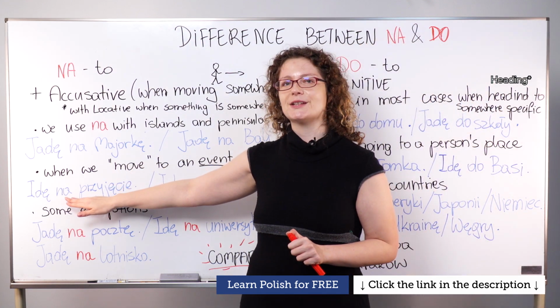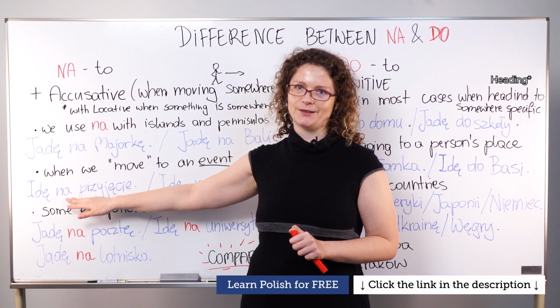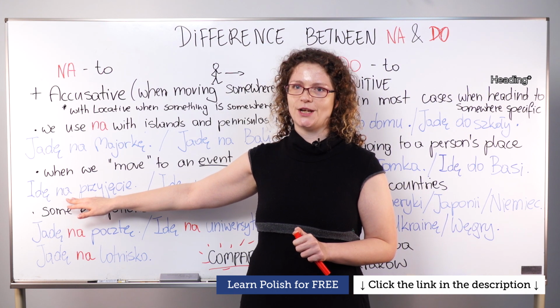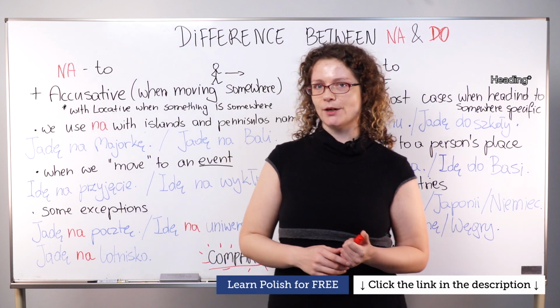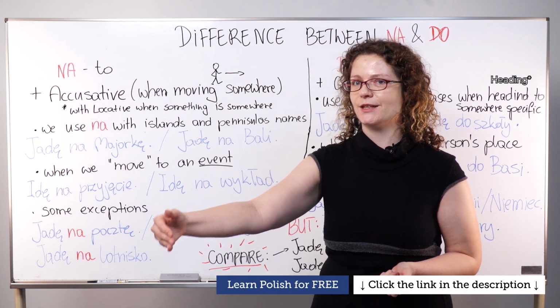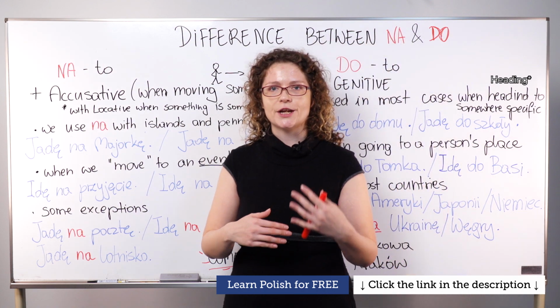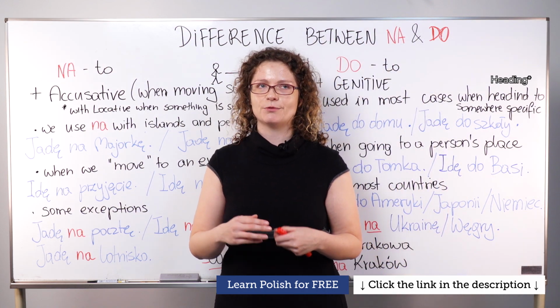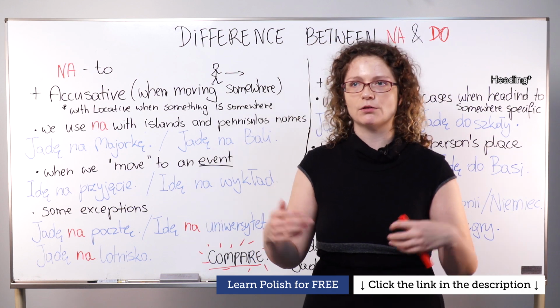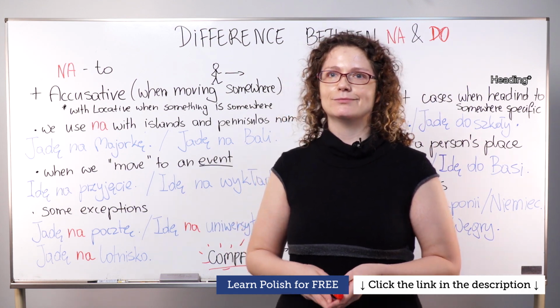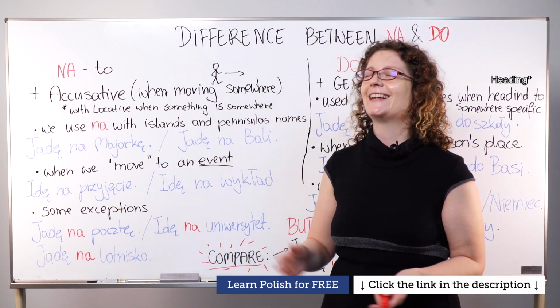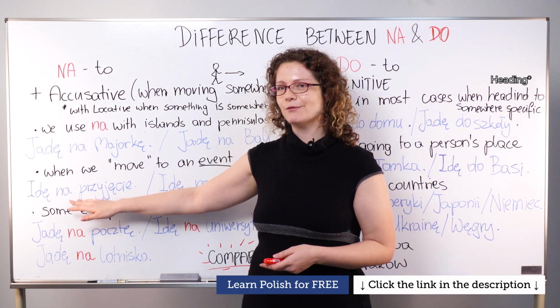So, for example, you can say, idę na przyjęcie. Idę na przyjęcie. I'm going to a party. And you can also change this idę to jadę. This will mean that I'm going by car or by bus, or by ferry or whatever. But idę na przyjęcie